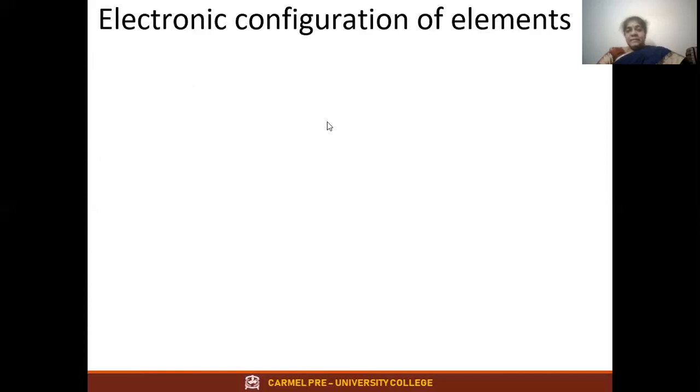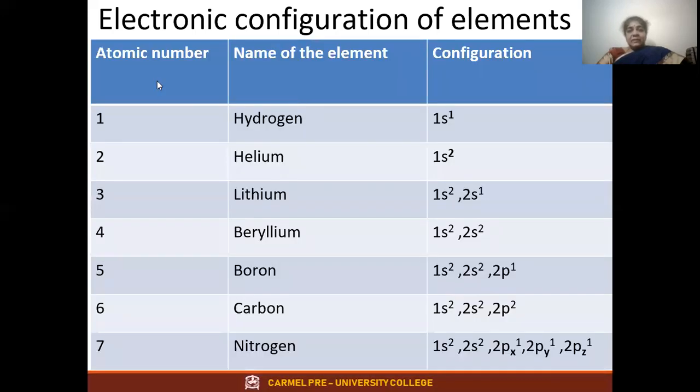Okay, next. Let us now study the electronic configuration of elements, how to write electronic configuration. Let us take the first element. It is hydrogen. Atomic number is 1. Now, before you start writing this, I advise you to write the energy levels at the top. Take down the energy levels here: 1s, 2s, 2p, 3s, 3p, 4s, 3d. If you take till there, it's more than enough.